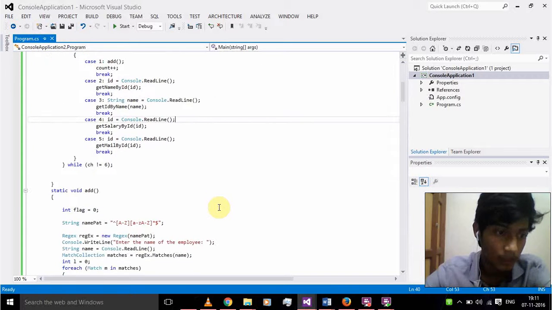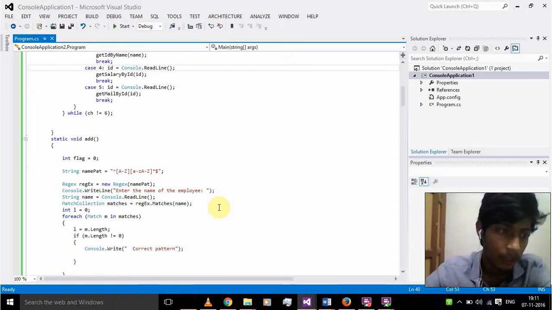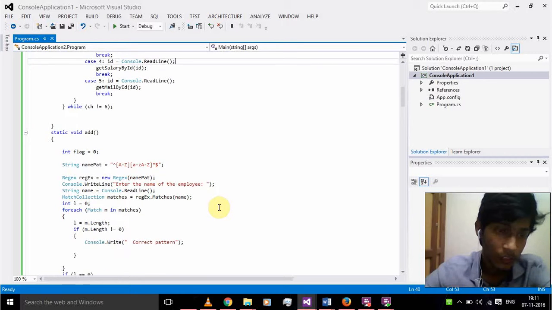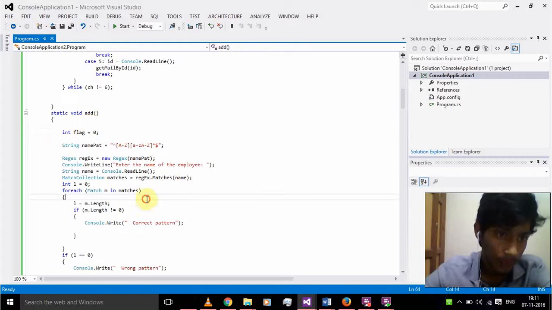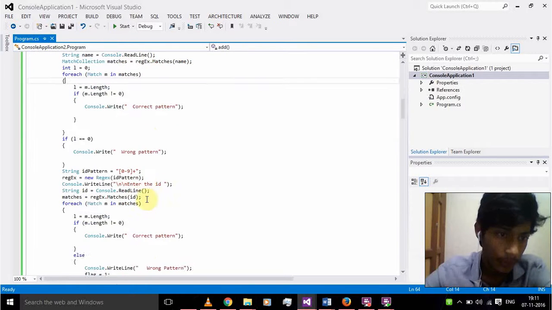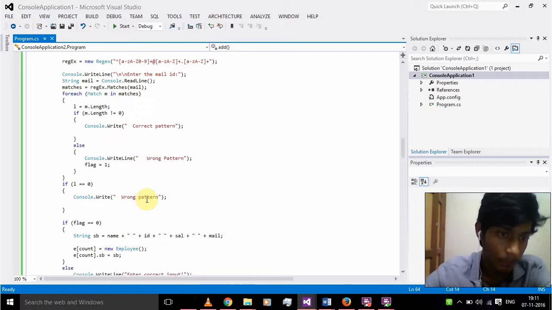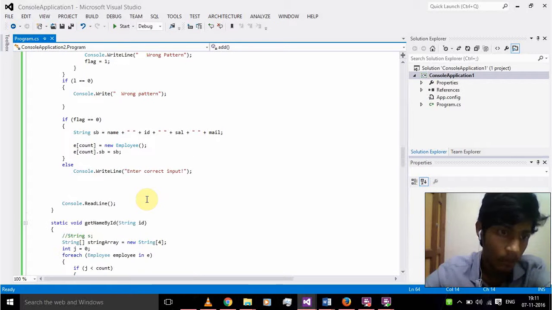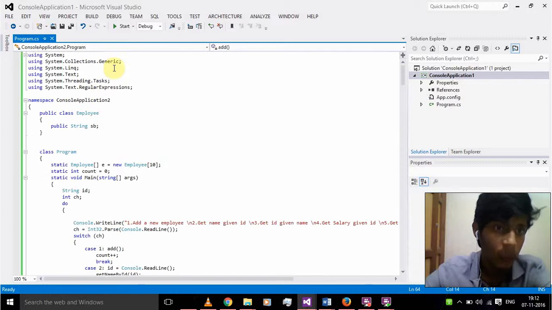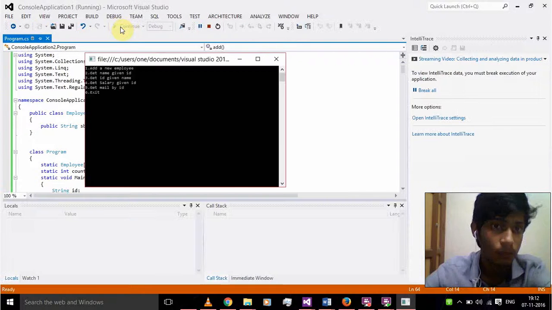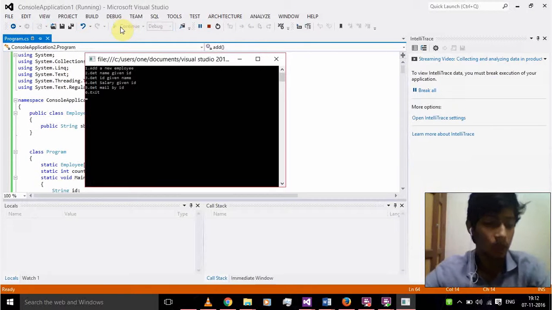case method, and here we have a method for each option, for add, ID, salary, email, and so on. So let me start off by running this program. This is the menu which we get when we run the code. Let me select the first option,